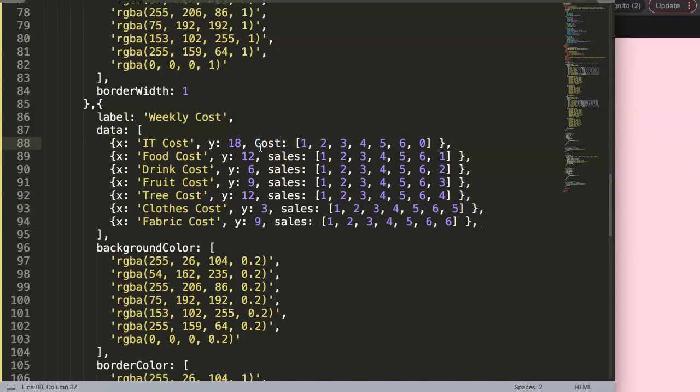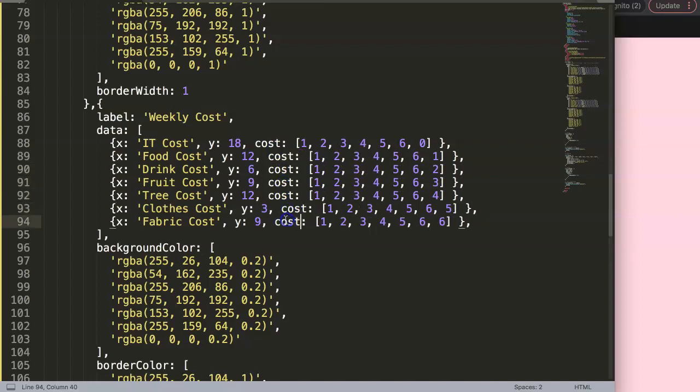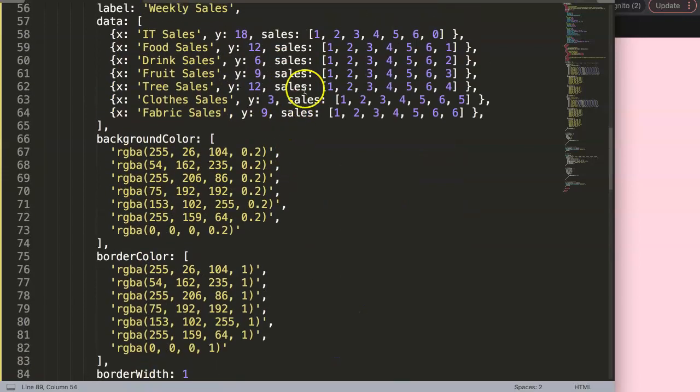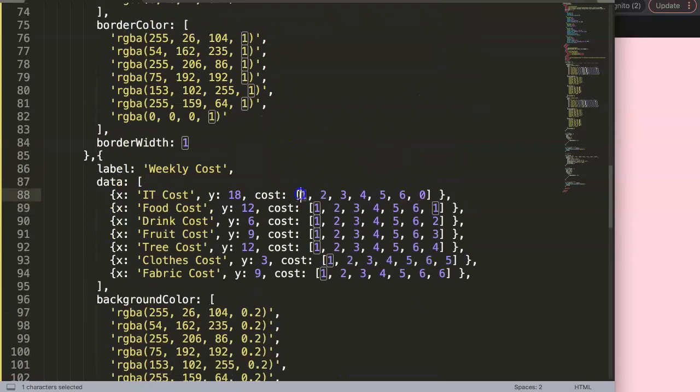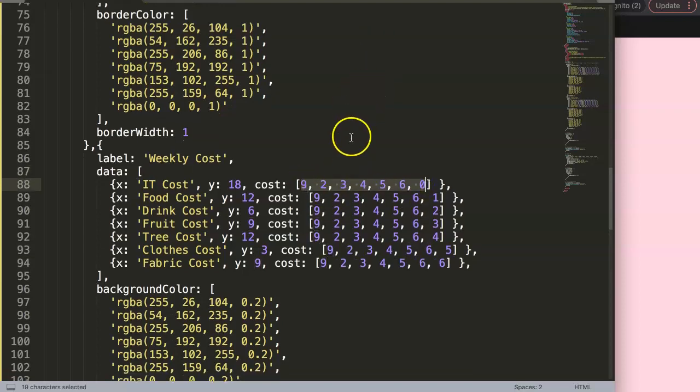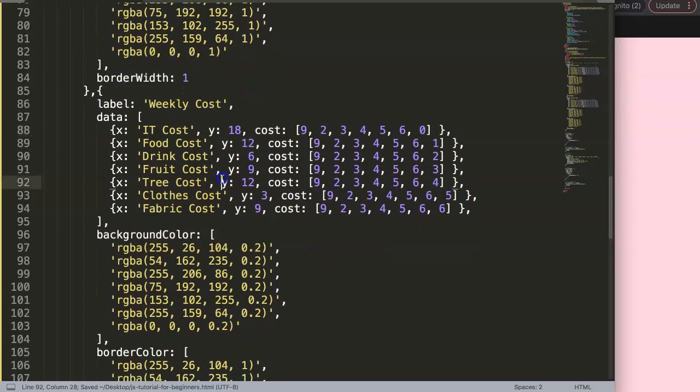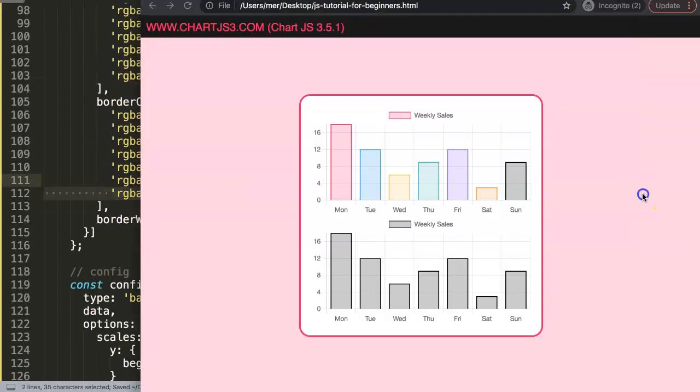Alright, and then this cost, but then small. So we have different items here. So basically the object here that we name is different compared to that one here. Alright, and then this here, I'll just make this 9, 9, 9, 9, 9, 9, and 9. So you can understand that this is then easy to spot the difference here. So if you would save this right now, you will see,